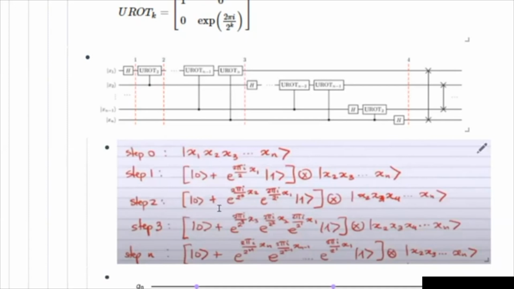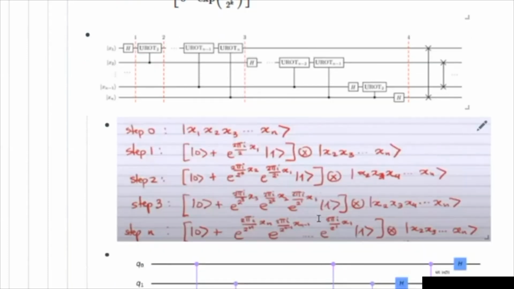So going on, similarly, when we go through all the steps and write down all the rotations over here, you see the state zero is not affected, and for the state one, we have a series of exponents that is due to all these rotations. And that is the final form of the Fourier transform in terms of circuit, you could say.